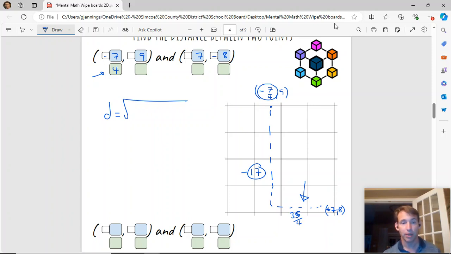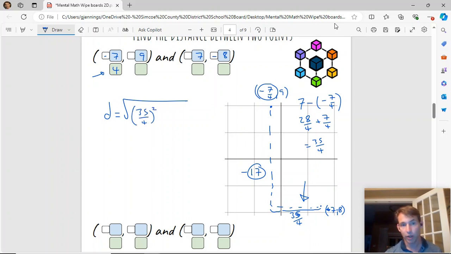All right, how do we do that? Well, we're going to have 7/4 plus 7. So doing it visually avoids you having to do things like 7 minus -7/4. But if you wanted to do it that way, that would be fine. This is 28/4 plus 7/4, which is the same thing as 35/4. Okay, good. So now we know that D is equal to